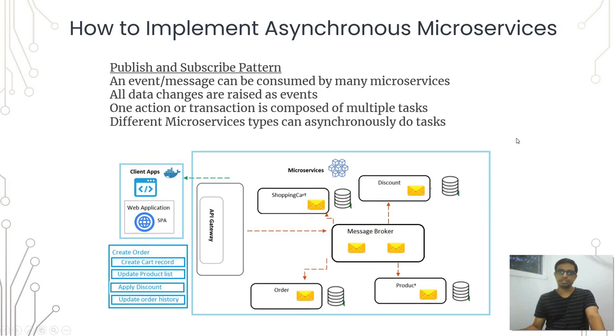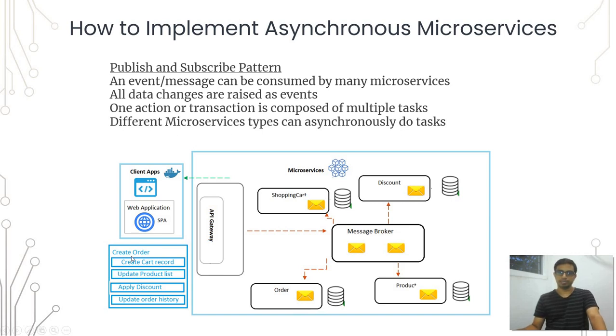Next is the publish and subscribe pattern. An event or message can be consumed by many services, wherein we have to pass that request to multiple services, and all data changes are raised as an event. One action or transaction is composed of multiple tasks, wherein multiple services are called to do the action, and different microservice types can